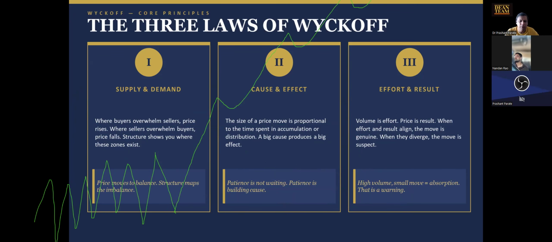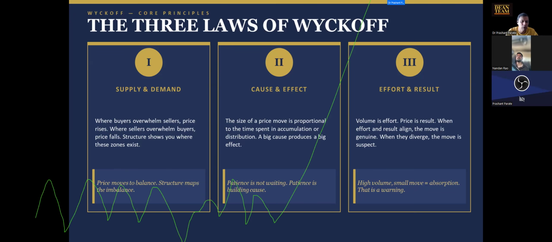So you can think of it as a spring action also. Spring, the more the spring is compressed, more expansion can happen from that spring. So when the cause built is more, it will have more effect. Therefore, I prefer a nice trading range before taking a big up move type of move trades.